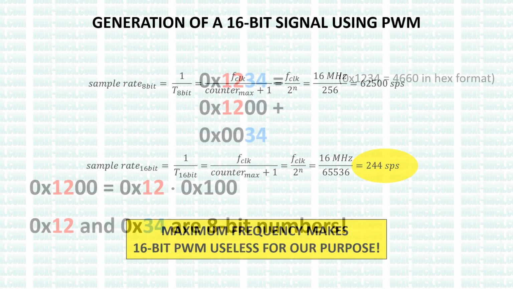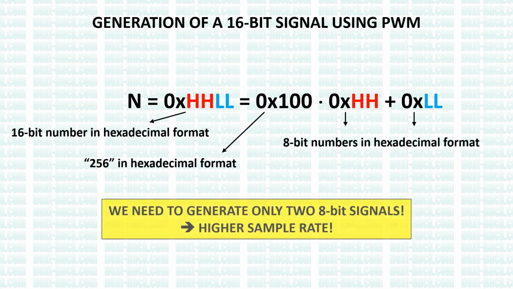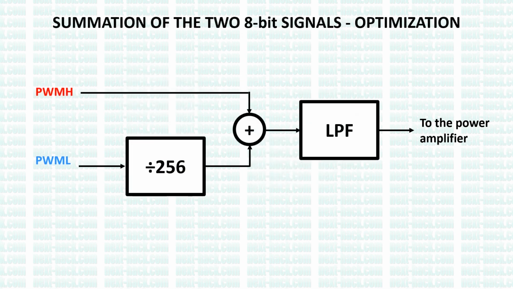However, we can play with math. Instead of directly generating a 16-bit value, we can observe that we can write any number as a sum of two factors. In particular, we can achieve a 16-bit number by considering the upper and lower 8 bits. Then, we will sum these factors by multiplying them with different weights. In our case, we split the 16-bit sample in the high and lower parts, and for each part we create an 8-bit PWM signal. After that, we sum the two signals with different weights.